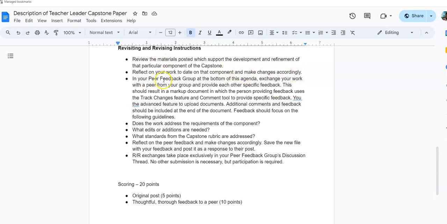And then in your peer feedback group at the bottom of this agenda, I've got a group for each one. And I'm an old English teacher. I didn't do the math correctly. I had 4 groups, and I think we needed 5 to have 4 in each group. So